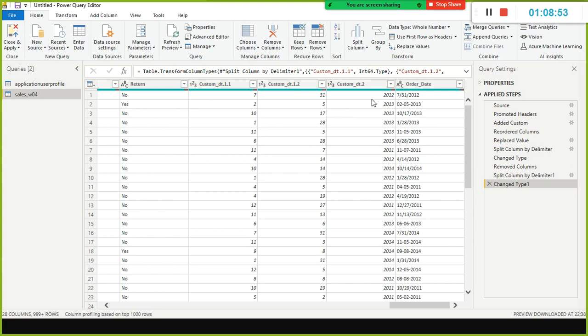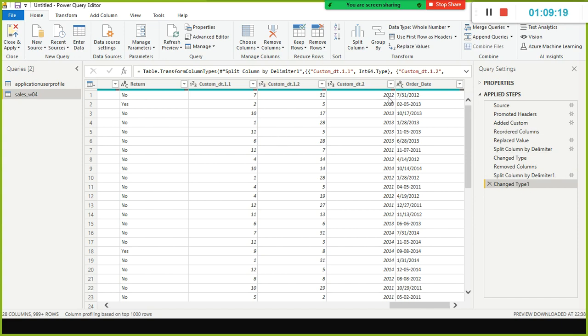See here, I split this one. The month got separated, the date got separated, and the year got separated. Whatever changes I made, it recorded. It's something like our kids: the elder kid may make some mistake and the younger kid notes down, oh, he did this.